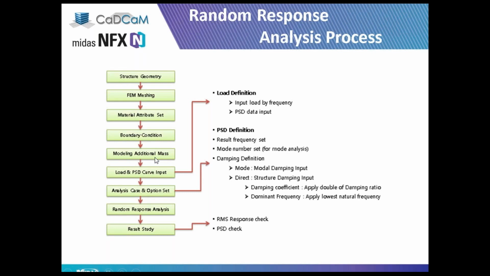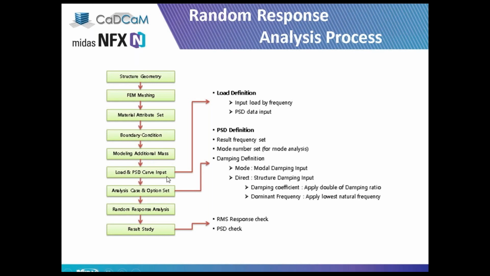Modeling additional mass, which can be concentrated mass or other mass, with the inertia around X, around Y, around Z, and then to apply the load to the system, which is the PSD curve input,